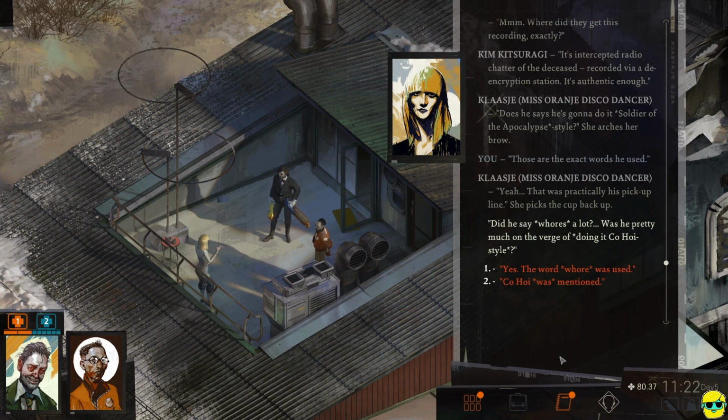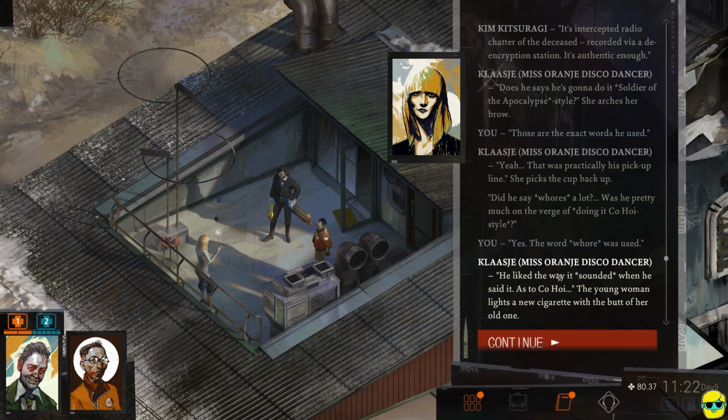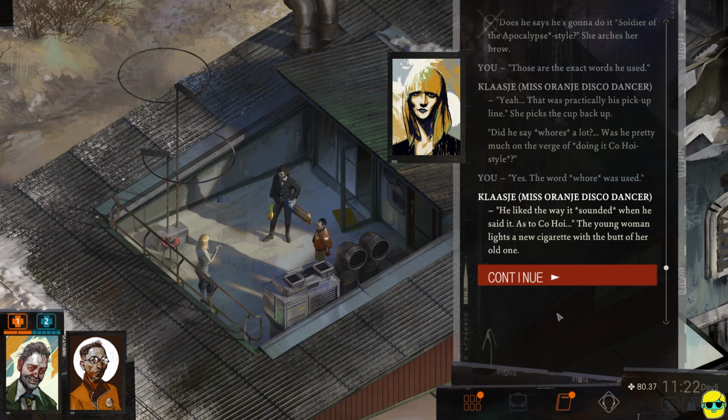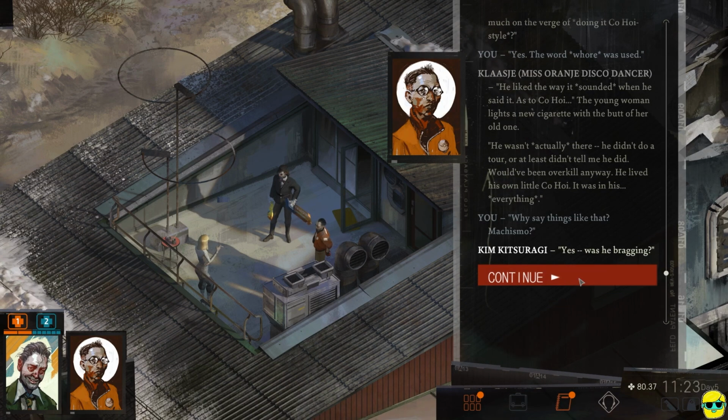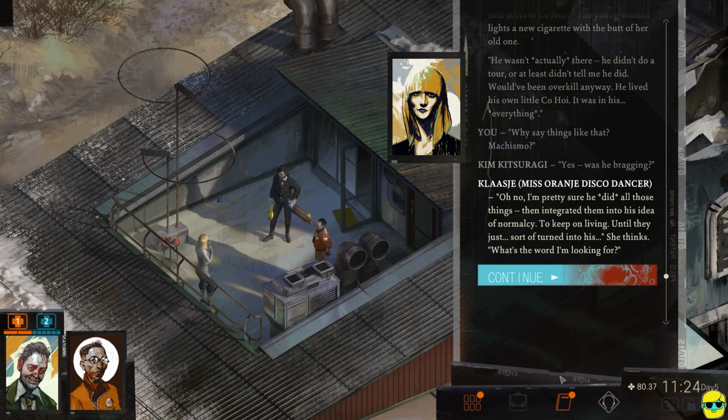Did he say whores a lot? Was he pretty much on the verge of doing it Kohoi style? Yes, the word whore was used. He liked the way it sounded when he said it. As to Kohoi, the young woman lights a new cigarette with the butt of her old one. He wasn't actually there. He didn't do a tour, or at least didn't tell me he did. Would have been overkill anyway. He lived his own little Kohoi. It wasn't his everything. Why did he say things like that? Machismo? Yes, was he bragging? Oh no, I'm pretty sure he did all those things. Then integrated them into his idea of normalcy. To keep on living. Until they just sort of turn into his...